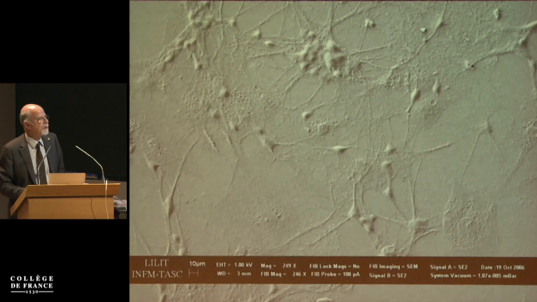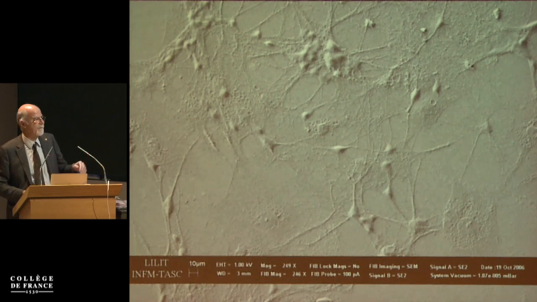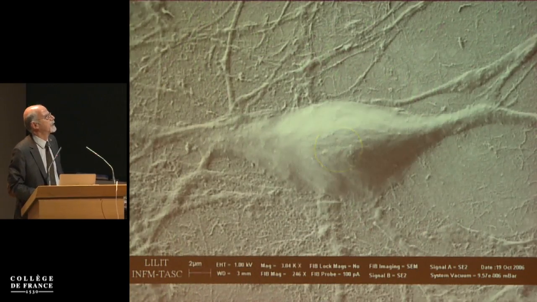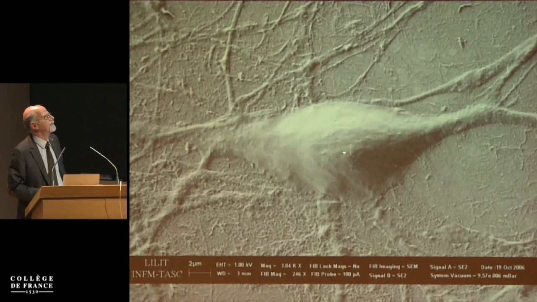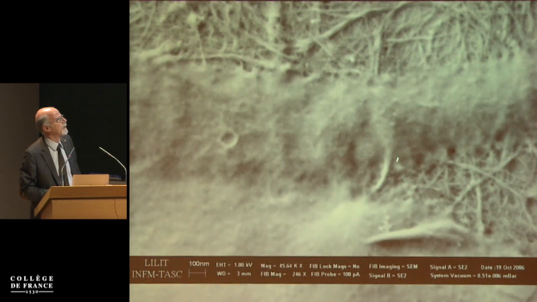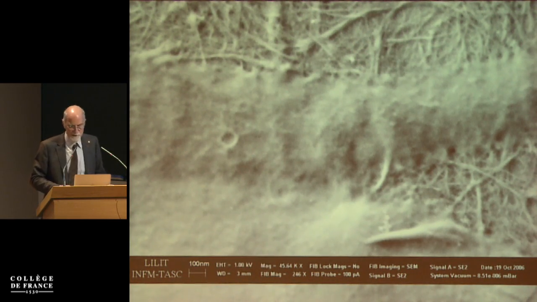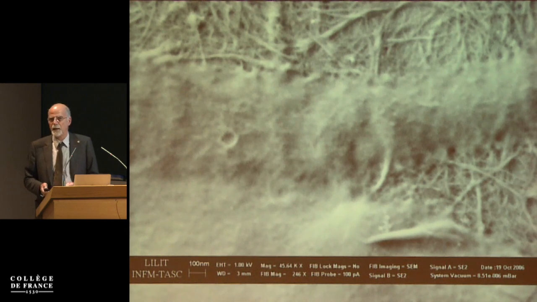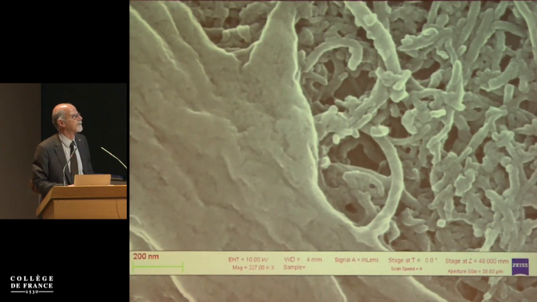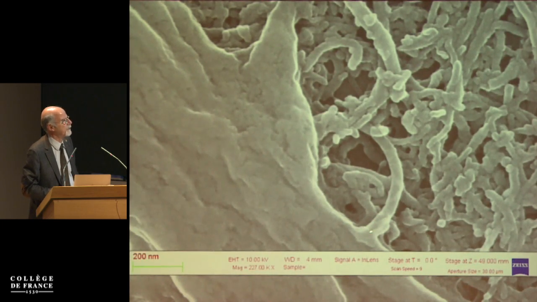So from the morphological point of view, there is no difference between carbon nanotubes and the reference. However, if we enlarge this image and look closer here, we can see that carbon nanotubes are present in tight contact with the neurons, either with the dendrites or the main soma, as you can see from here. So it looks like there is an intimate contact between carbon nanotubes and neurons, and this is also confirmed by other experiments in which we can see, for instance, this carbon nanotube